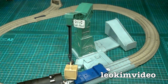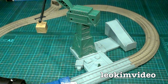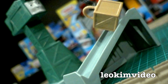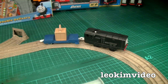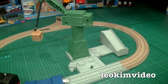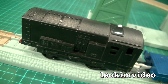I'm sure there'll be some of my viewers that have had this playset and they might have stories about their Cranky playing up and being very, very tricky to reset. Or maybe it's the other way around, maybe it's tricky to trigger. It can work both ways sometimes with toys, you just never know. Well, it's sort of addictive fun watching this playset. You sort of love watching Cranky do his thing. Let's watch it once again. Go Cranky, go! And let me come in and turn off Diesel because he's making a few too many Diesel